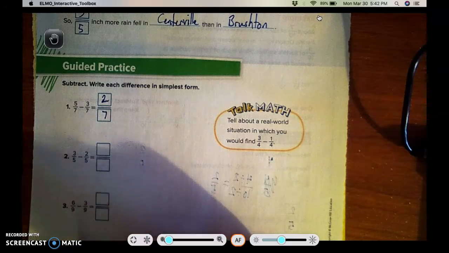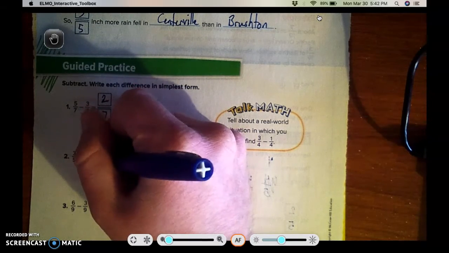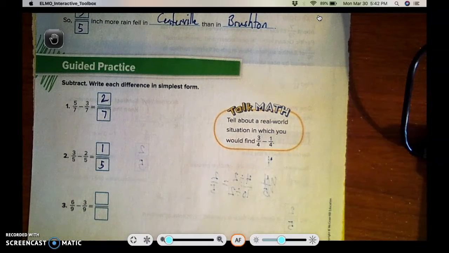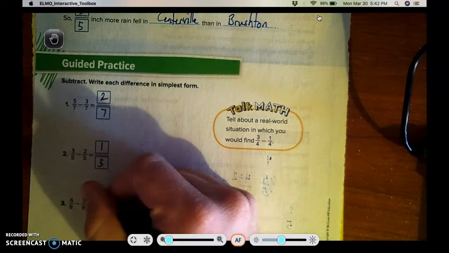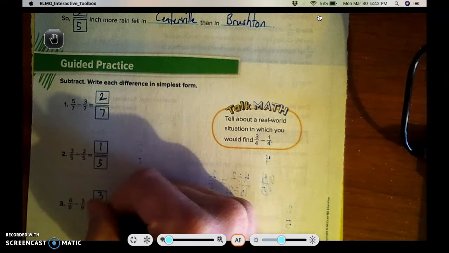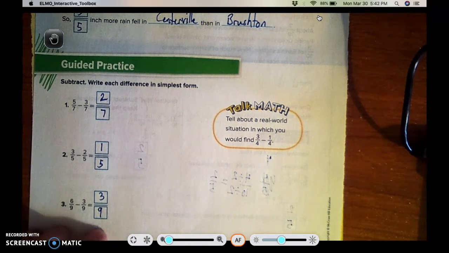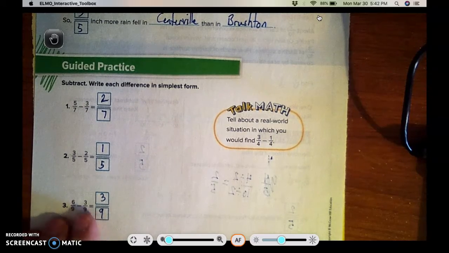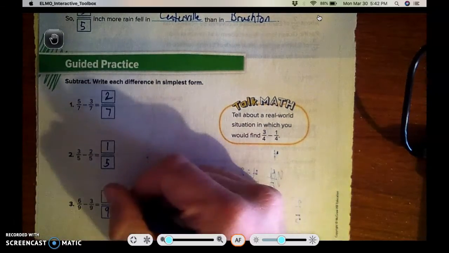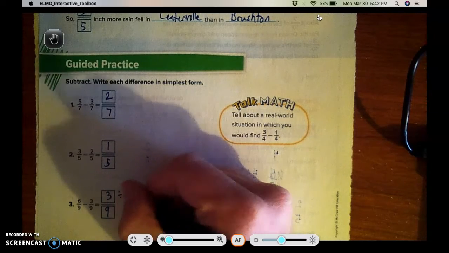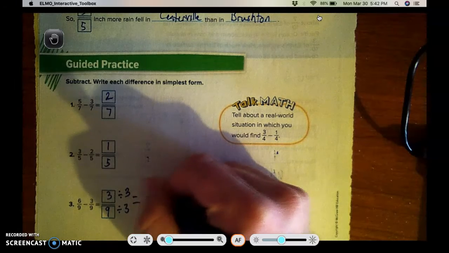3/5 minus 2/5, again, denominator is going to stay the same. 3 minus 2 is 1 out of 5, or 1/5. Again, this one, 6 minus 3 is going to give us 3. 9 is going to stay the same, because we're not going to change the denominator since they're already the same. But I know that 3 and 9 have a common factor other than 1, so I'm going to take the top and I'm going to simplify it or reduce it. I'm going to take both the top and the bottom and divide by 3 to give my final answer of